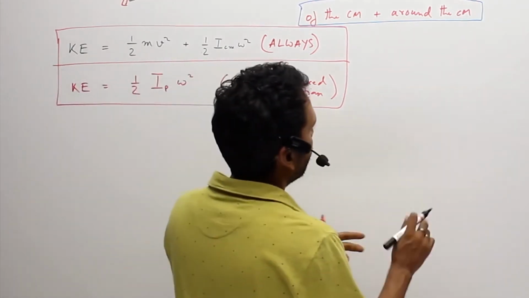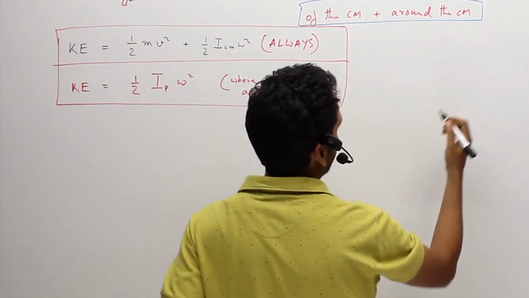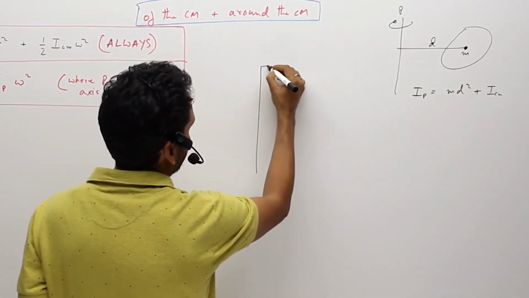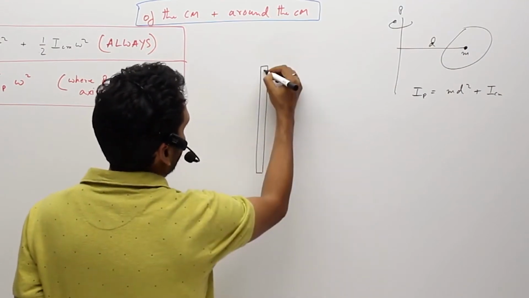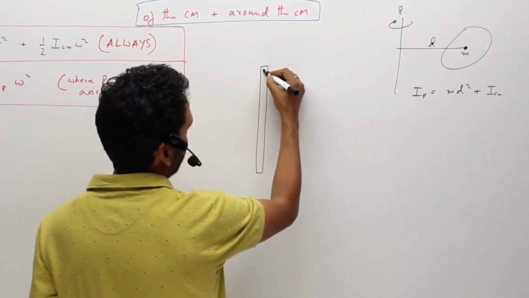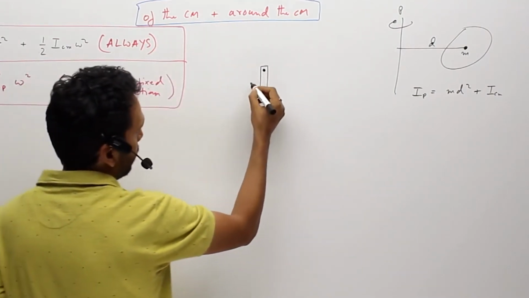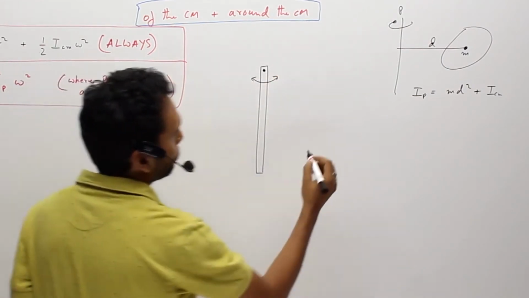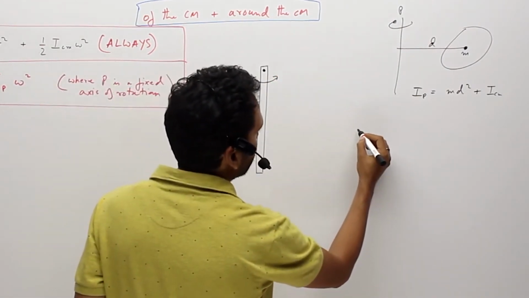So you will have to pick whether the lower formula can be applied in a certain case or not. Okay, let me put two or three situations. One is, as I have drawn, quite a simple situation. A rod is hanging about a hinge, that's your hinge point over there, and it can rotate about the hinge point. Okay, this is situation number one.